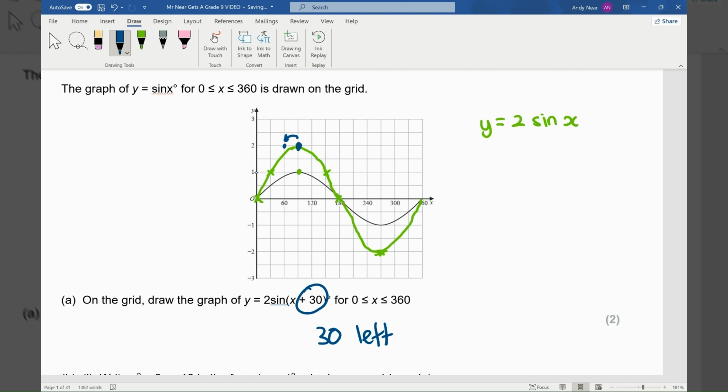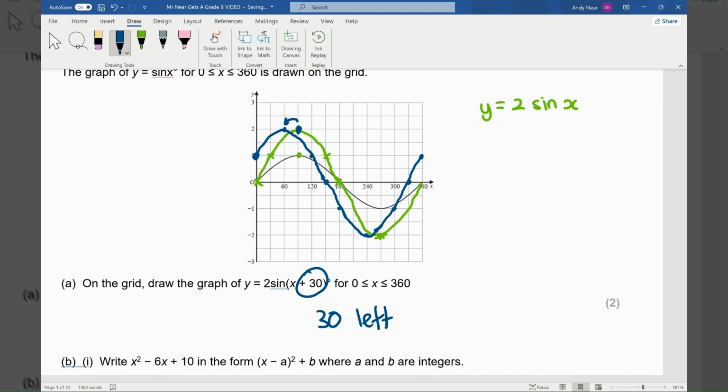This point will be where the graph starts from, 1 square to the left, 1 square to the left, 1 square to the left, and everything moves 1 square to the left. So in here, it would go from here to here, and then this moves 1 square across, and we need to pull in another little bit on the end here. So the graph is going to come down here. See how the blue graph is always 1 square to the left of the green graph,